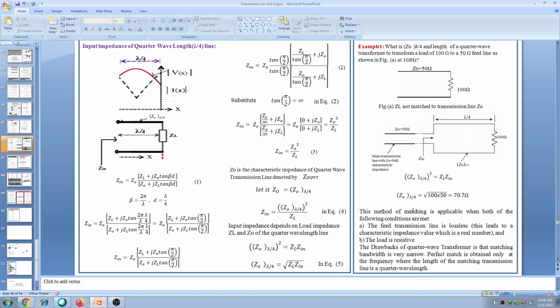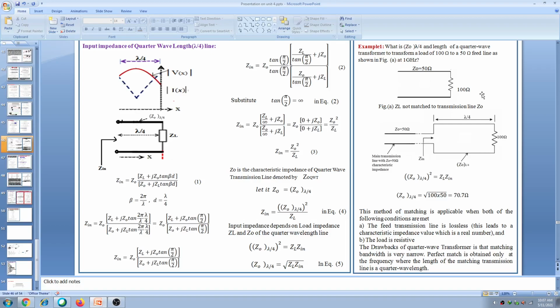This is the problem we discussed. The main transmission line is connected to a load of 100 ohm, but the main line and the load are mismatched, so automatically there is a reflection at this position. If you want matching, this must be 100 ohm, but assume that is not possible. It is fixed, 50 ohm only. The load impedance is also fixed, we cannot change it.